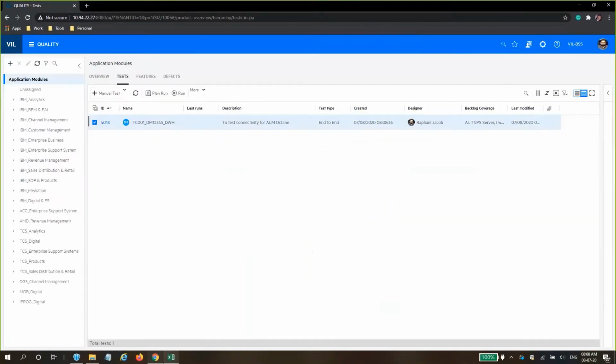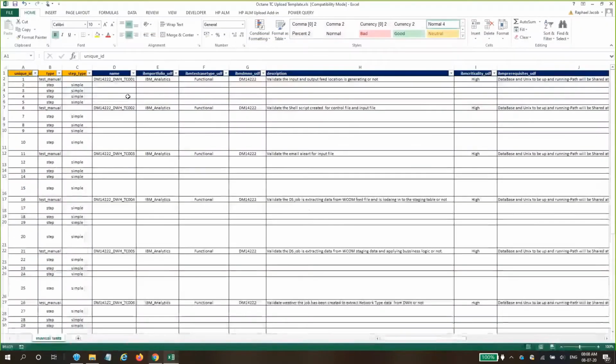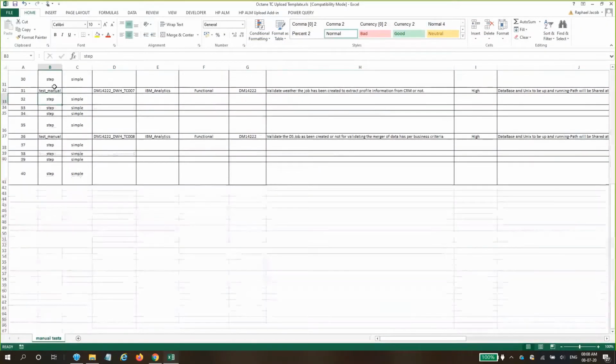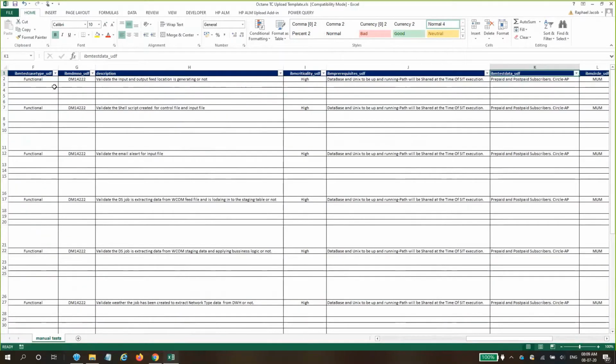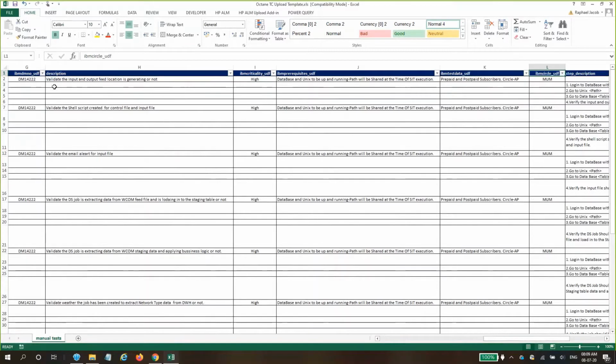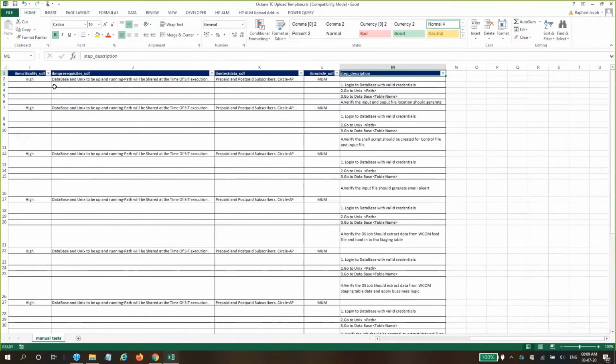This is the file that we need to use. This will be shared with all the users. Okay, so these are all the fields that we just went through on the front end. If you see, name of the test case, then the portfolio, the test case type, the demand number, description of the test case. Description is nothing but the objective. Then the criticality of the test case, the prerequisites, the test data requirement, the cycle, and these are the test steps descriptions.